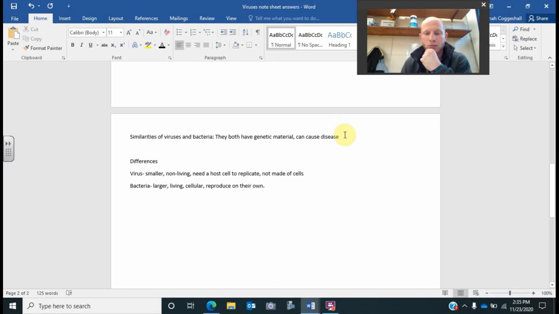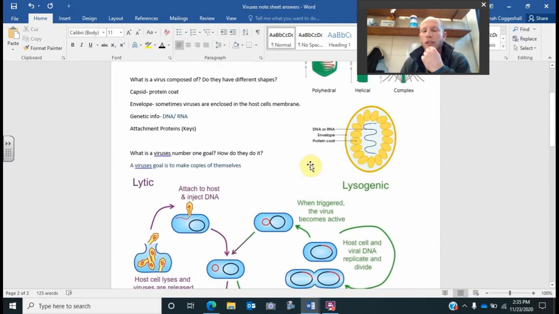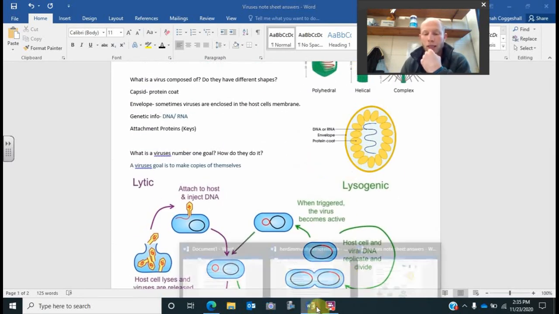And like I said, here's the similarities. We kind of drew a table with 3 columns. So 2 columns with the differences from bacteria to viruses. And then this third column was the similarities of bacteria. So anyways, you guys have the notes now to go ahead and do